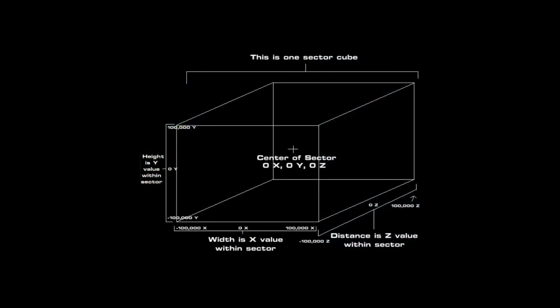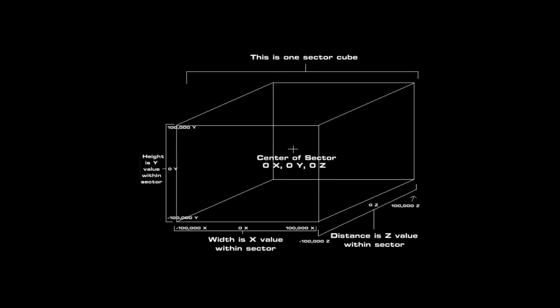Each sector consists of 200,000 units of width, height, and depth, using X, Y, and Z values as coordinates inside each sector. The center of each sector box is 0x, 0y, and 0z. Left of center will be negative x, and right of center will be positive x. In the default top view mode, up from center on the map will be positive z, and down from center will be negative z. So the far left of the sector will be at negative 100,000 x, and the far right of the sector will be at positive 100,000 x. 200,000 units total, with a range of 0 to negative or positive 100,000 units in any direction from coordinates 0x,